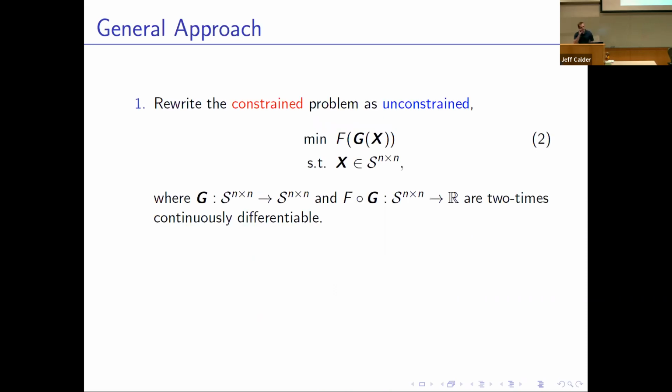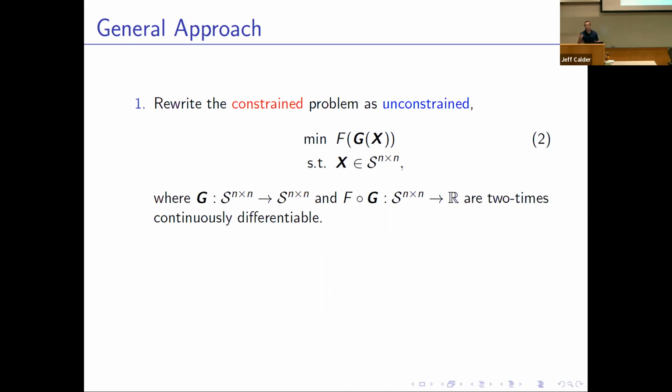So generally speaking, this is what we're aiming for, is to take our first constrained model and rewrite it as this completely unconstrained model. In order to do that, I've added this function g. Now, g is what we're going to be calling a matrix function. It takes a set of symmetric matrices to the set of symmetric matrices, and I'm going to make the assumption